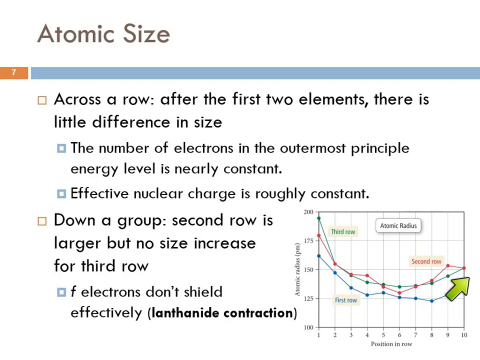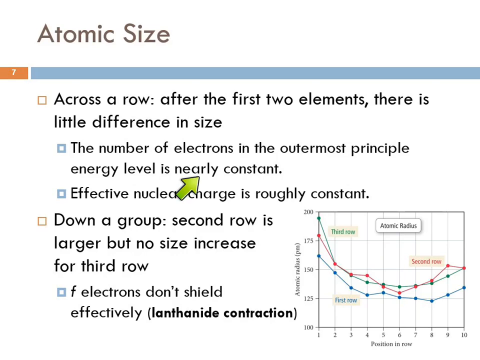But the reason that from here to here, we don't really see a trend in size. It goes down a little and comes back up again. That's not the trend that we see with the main group elements where it's just going down, down, down, down, down. The reason is that as we're going across here, the number of electrons in the outermost principal energy level